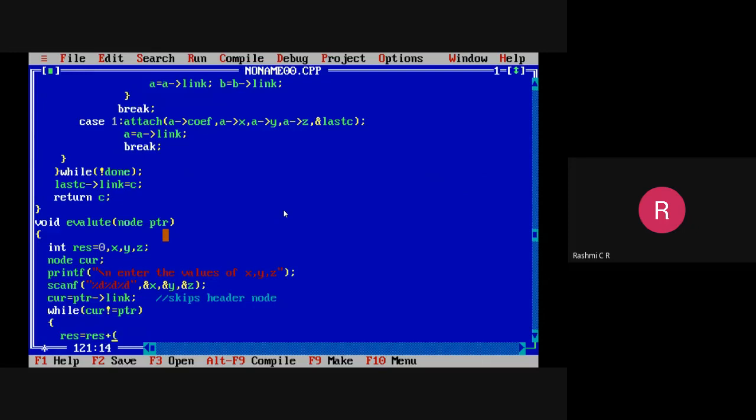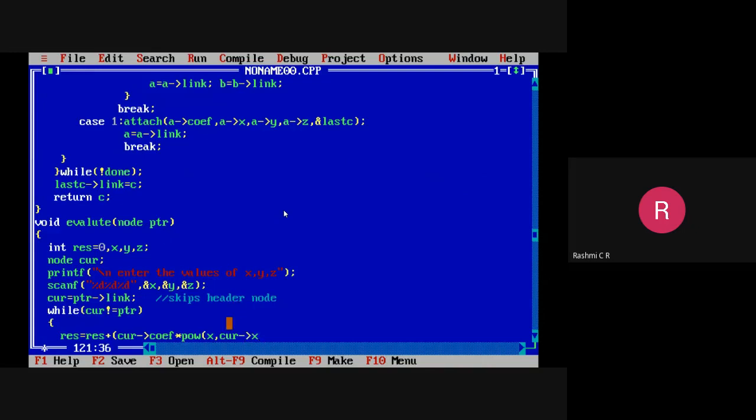Result plus, we have to get the value of the coefficient. It will be multiplied by the power of x, current x, and its exponent. It is like x to the power of 2.